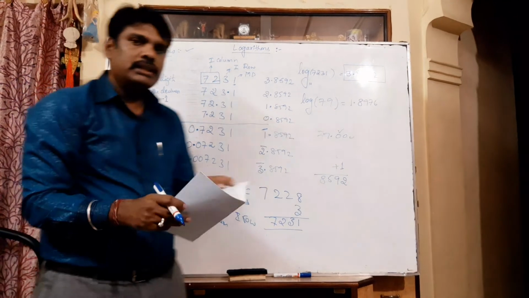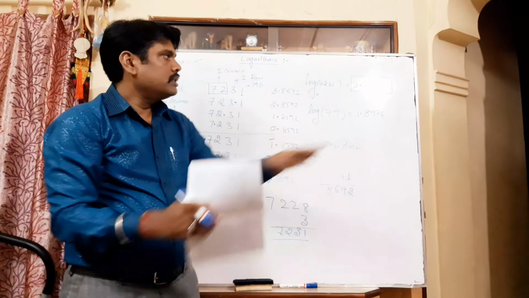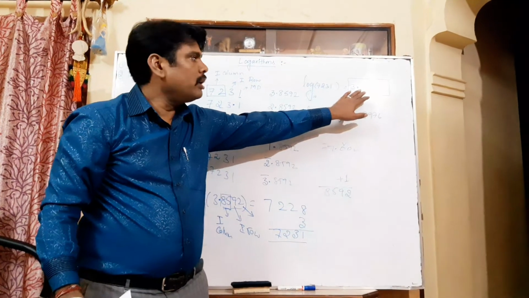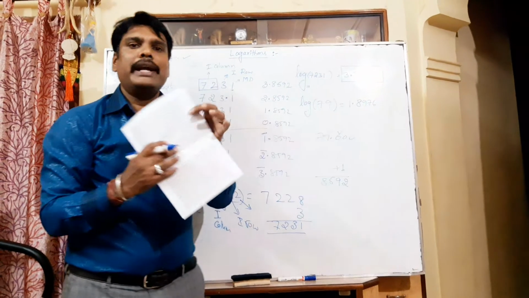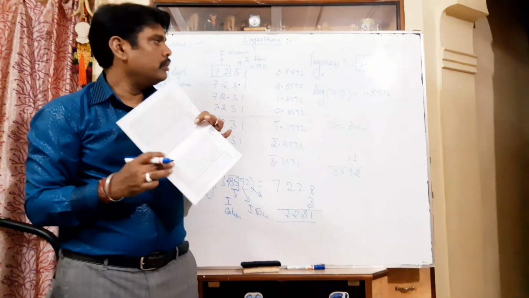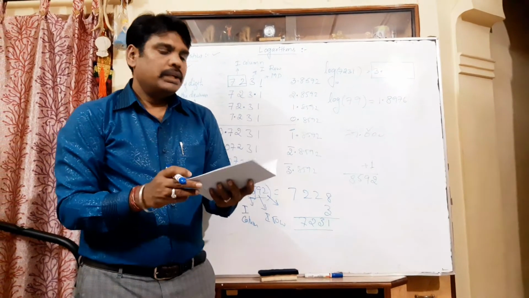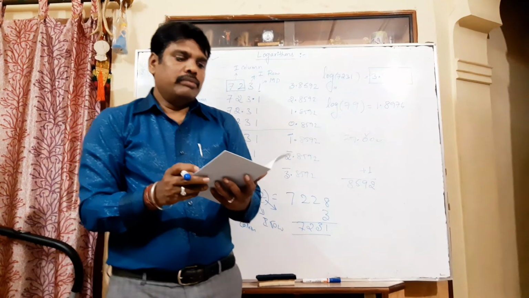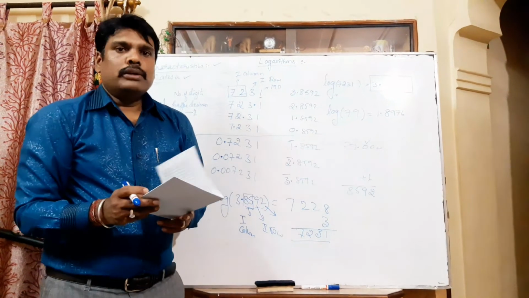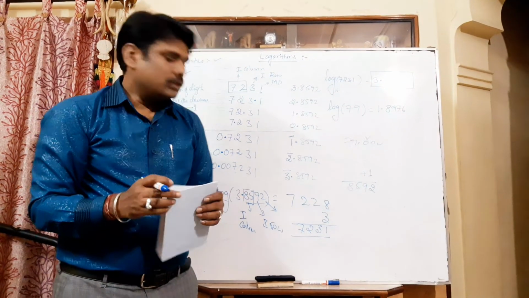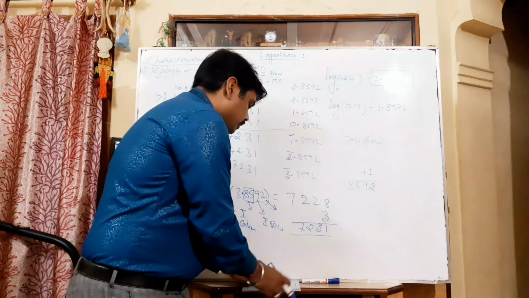See, if you take the logarithmic value, this is the logarithmic value. If you want to come out from the logarithmic value, you can go for anti-logarithms. I hope you understood how to take the logarithmic and anti-logarithmic value. In the next video, I am going to show how to solve the actual problem.